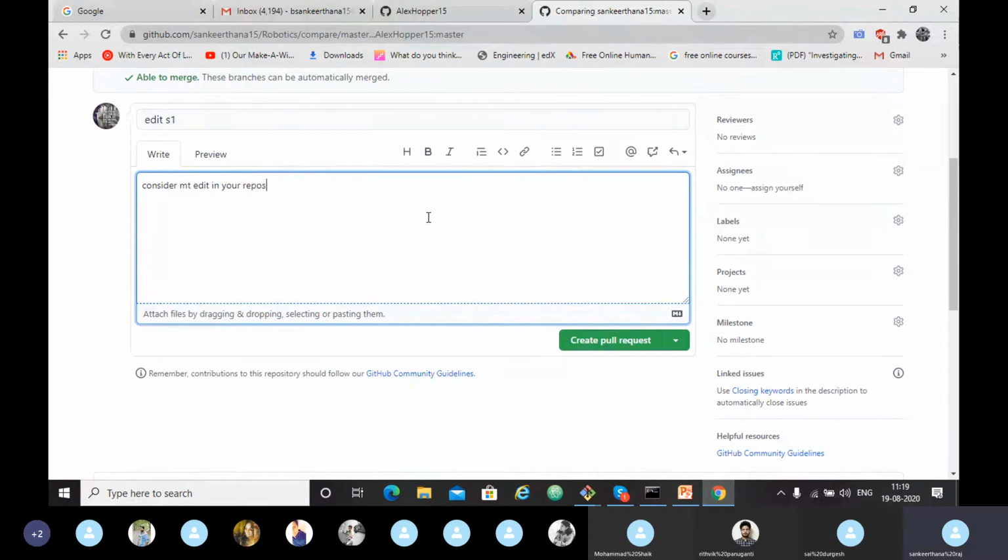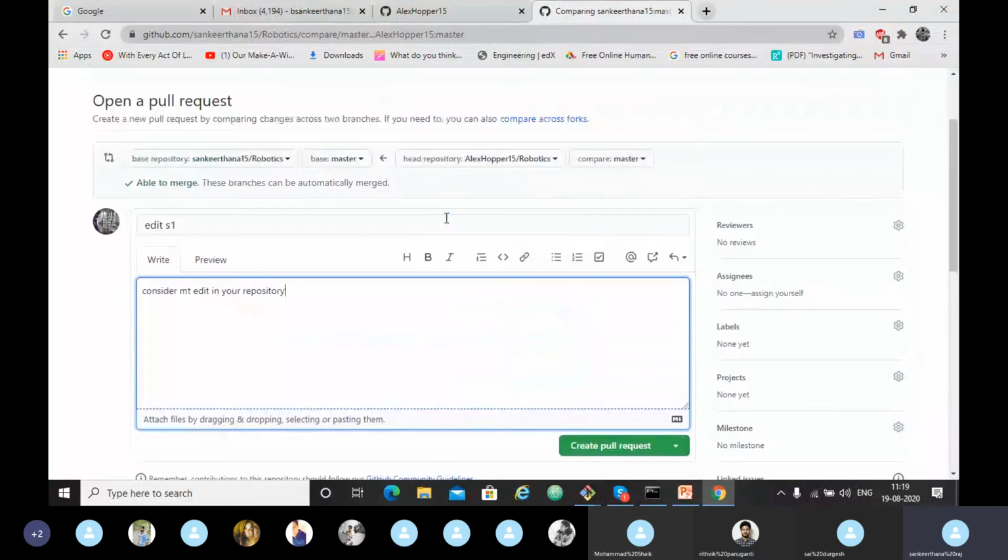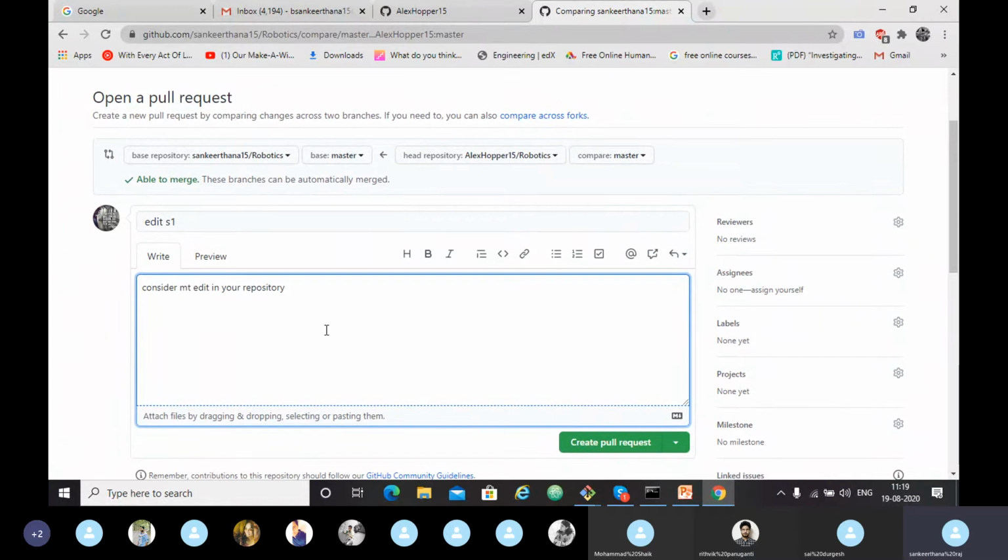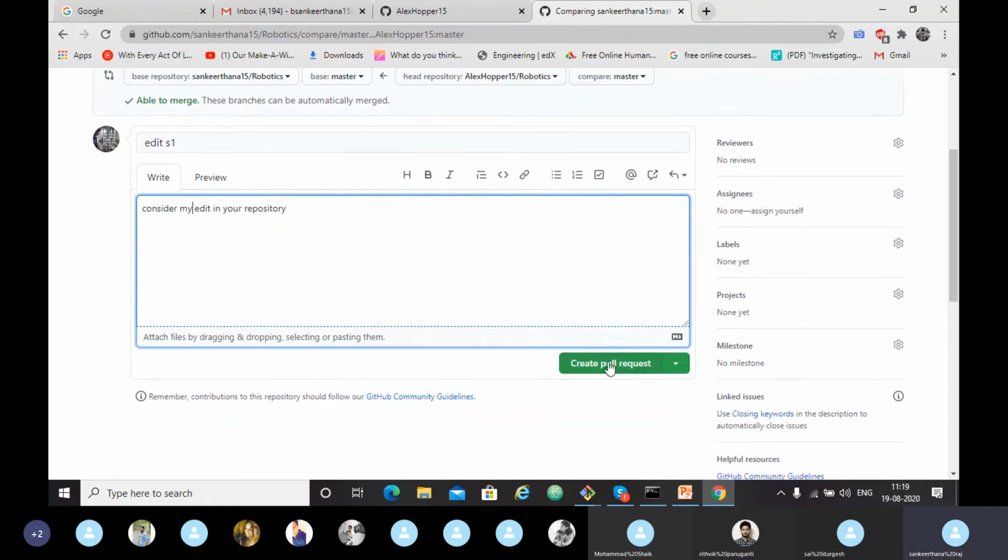This is how two members will be able to communicate in GitHub even if they don't know each other. Let's say I just saw an app in GitHub and I edited some features. I can send the owner of that repository this pull request, and ask him to make these changes in his app so that it would be more useful. This is how people communicate in GitHub. Create pull request.